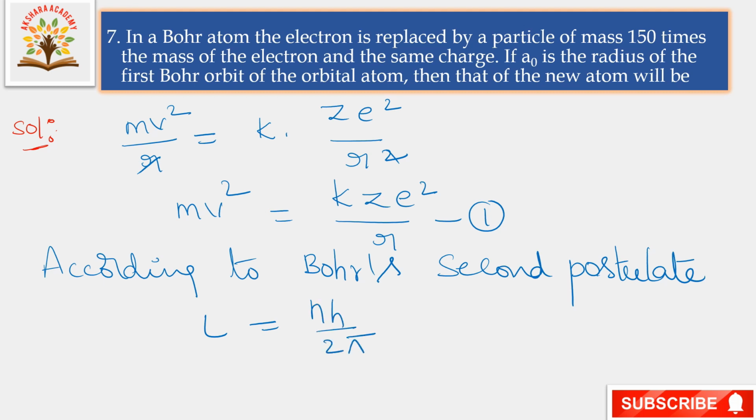So this L is mvr, which is equal to nh by 2 pi. From this we can write mv is equal to nh by